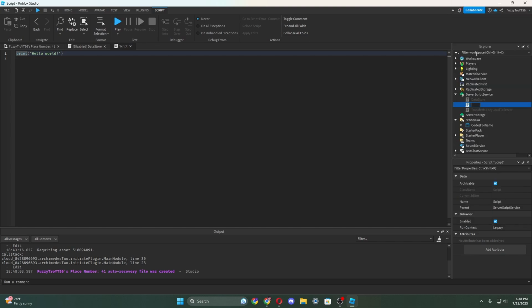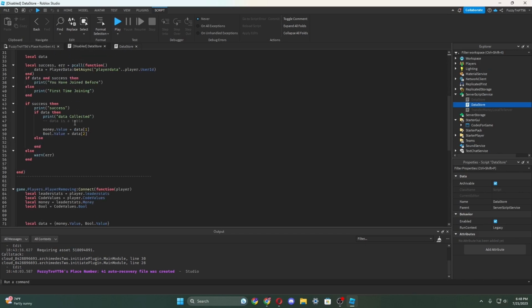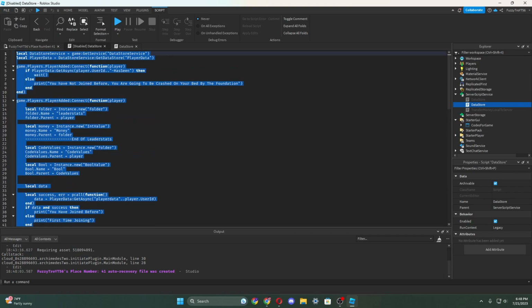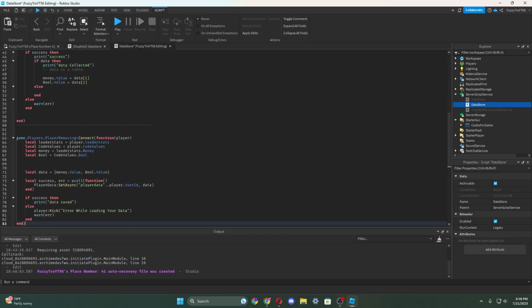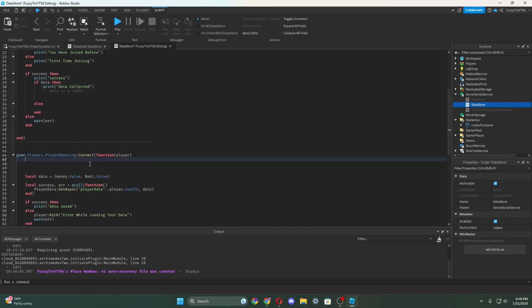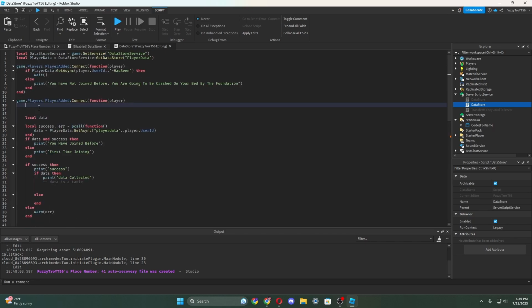So let's make a new script in ServerScriptService, a server script, and I'm gonna call it data store. And I'm gonna just paste it in. Alright, so it's gonna be empty. So in PlayerAdded,